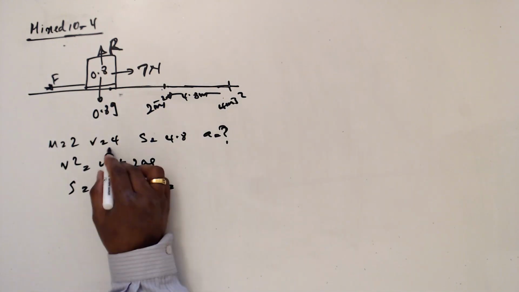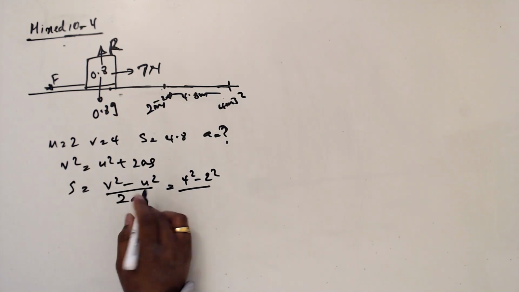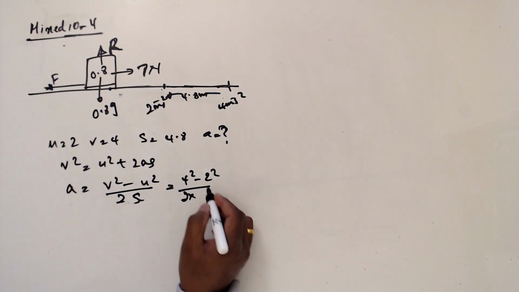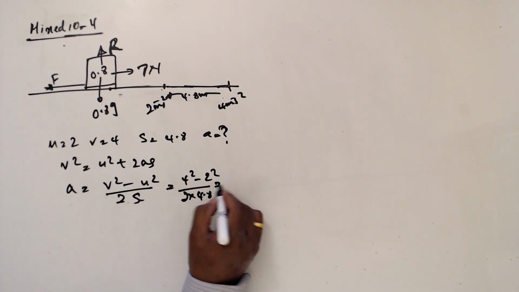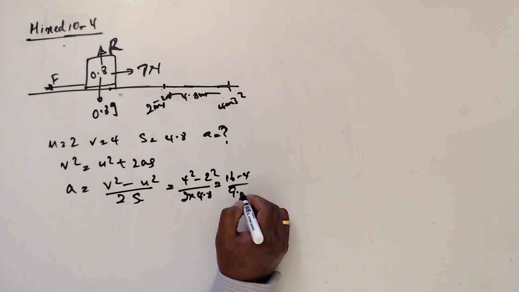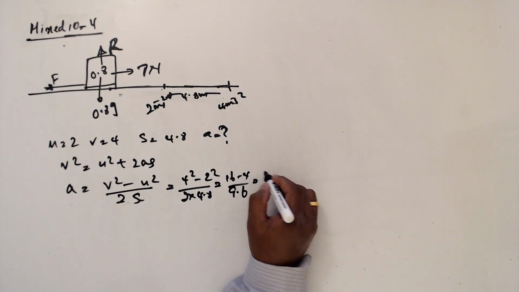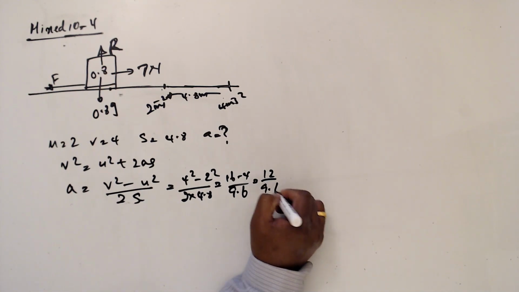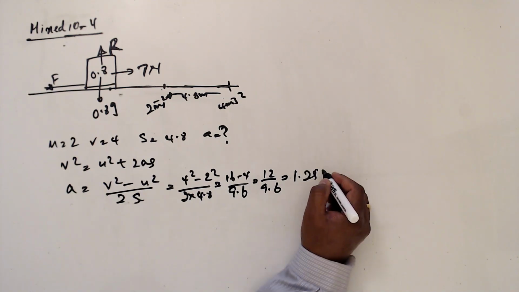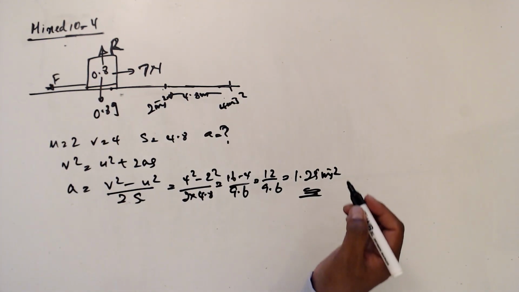So v squared is 4 squared minus 2 squared, divided by 2 times a. a is 2s, so 2 times s is 9.6. So this is 16 minus 4 divided by 9.6. That is 12 divided by 9.6. This is going to be 1.25 m/s minus 2. Now we need to find F,